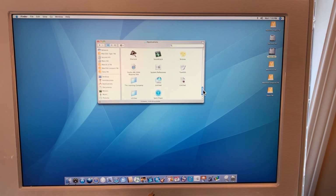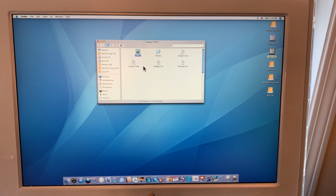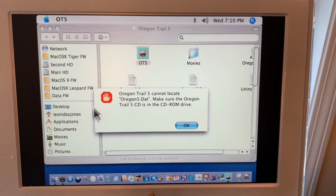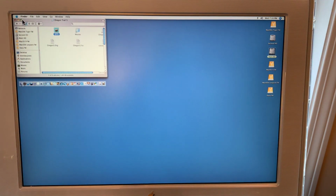Okay, so there's the Learning Company. That sounds familiar. Oregon Trail. That's why it's so familiar. Oh, golly. Oregon Trail. Will it actually launch? So it would need the Oregon Trail 5 CD. I may be able to find an image for that. That might be fun,